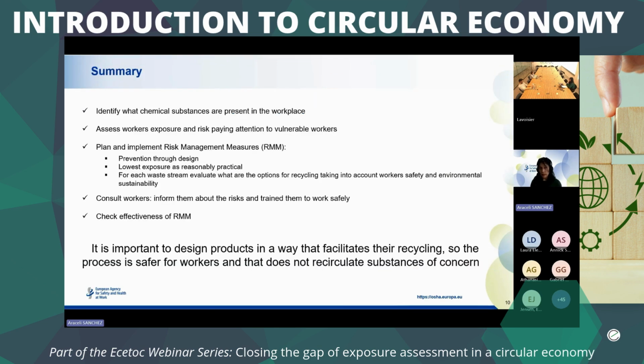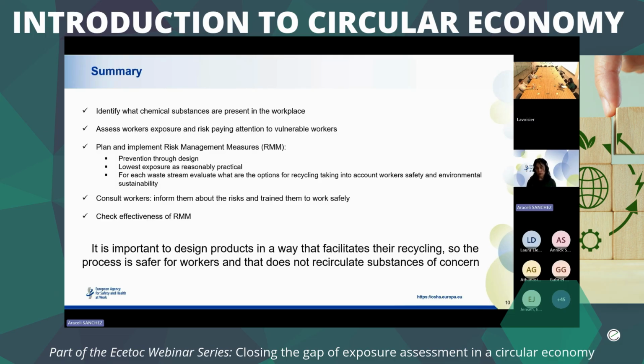So to summarize, the most important thing and the most challenging when it comes to waste recycling is to identify the chemical substances. Once these have been identified, then you have to move to estimate what the worker exposure is, paying attention to those that are vulnerable, and then implement a program to reduce or control exposure, always applying prevention through design and trying to achieve the lowest exposure as reasonably practicable. And then